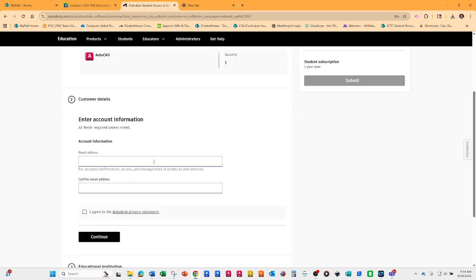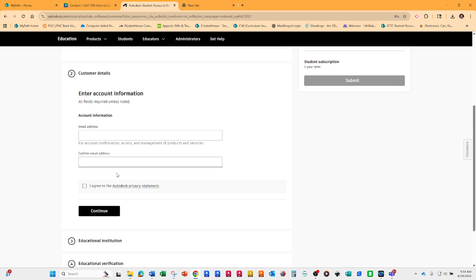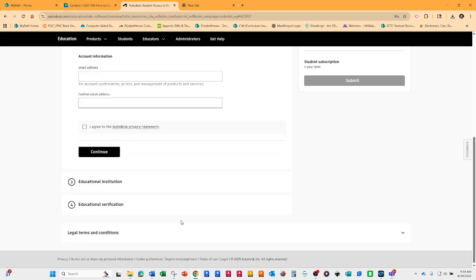Put in your school email address. Confirm it. That would be the one, like mine's bdoty0002@kctcs.edu. Yours is your first initial, last name, and 4 digits. I agree to the privacy statement. Continue. Then it's going to do the educational institution. Well, your educational institution is going to be Elizabethtown Community and Technical College in E-Town, Kentucky, right?